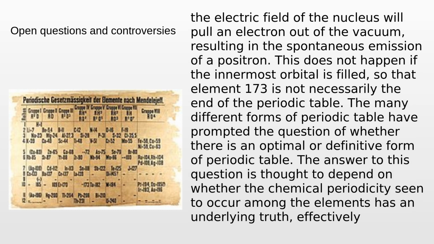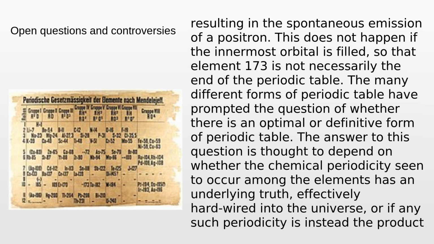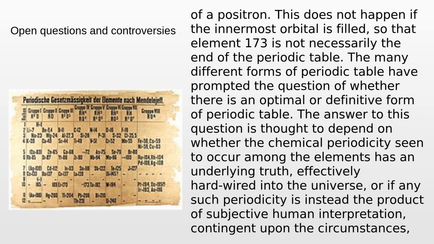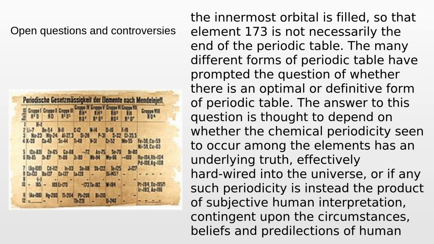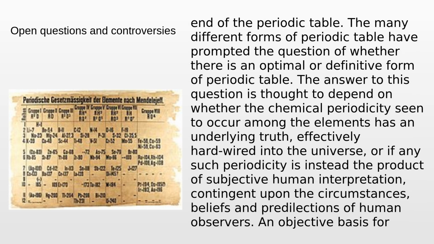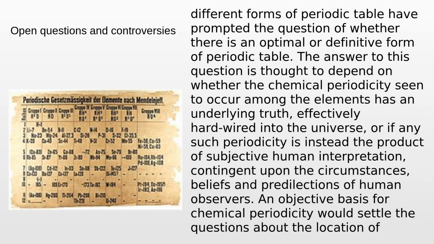For heavier elements, if the innermost orbital, 1s, is not filled, the electric field of the nucleus will pull an electron out of the vacuum, resulting in the spontaneous emission of a positron. This does not happen if the innermost orbital is filled, so that element 173 is not necessarily the end of